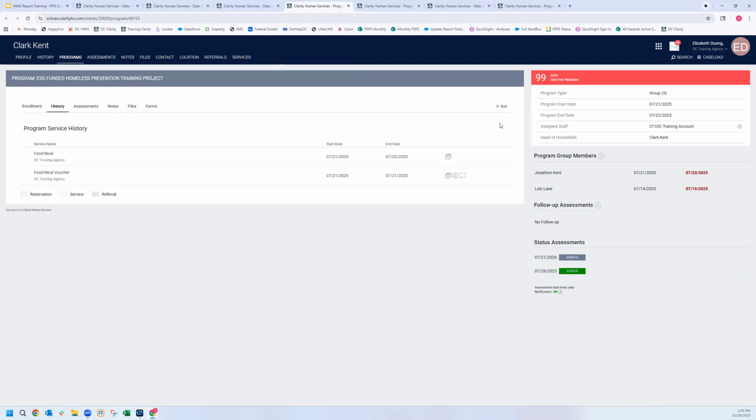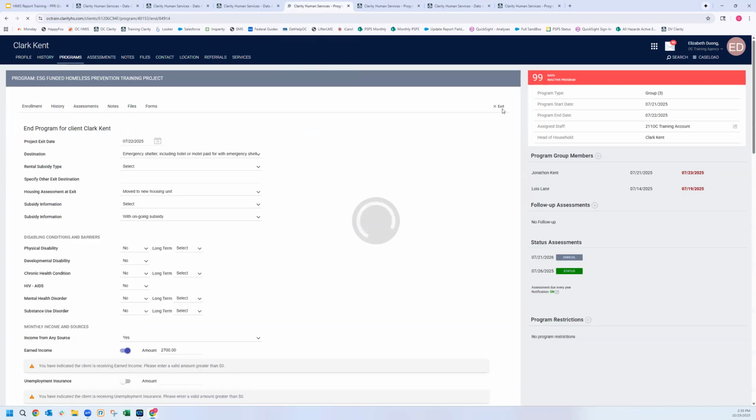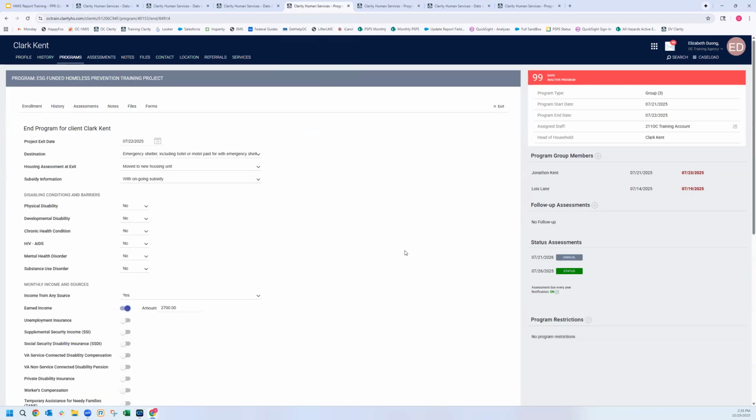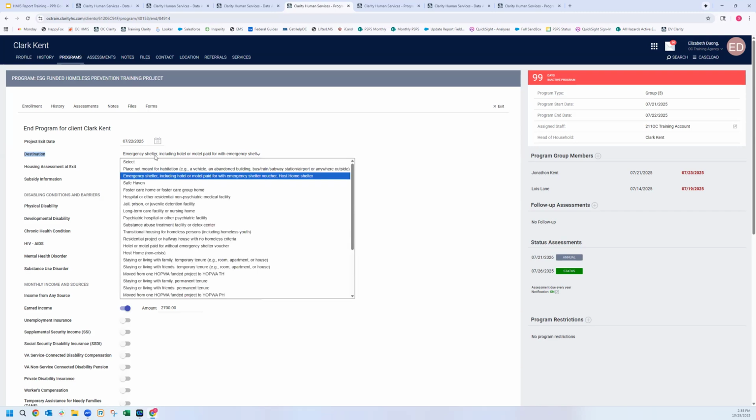And then from here, we're going to look at the exit screen and make sure the data entered is accurate. So I noticed that the destination is showing emergency shelter. However, this client was able to move into a new housing unit. So after checking in with the team and making sure that we have the correct information, I'm going to go